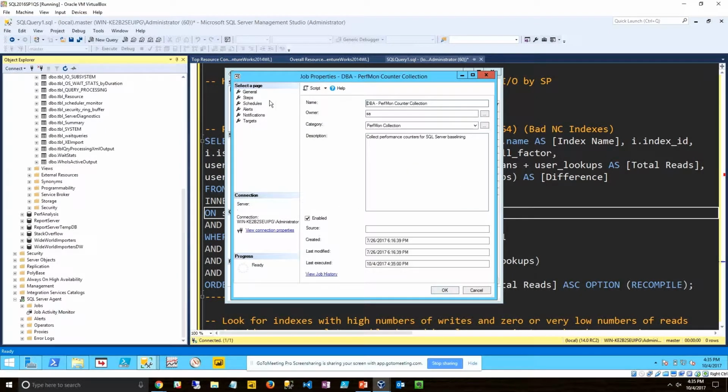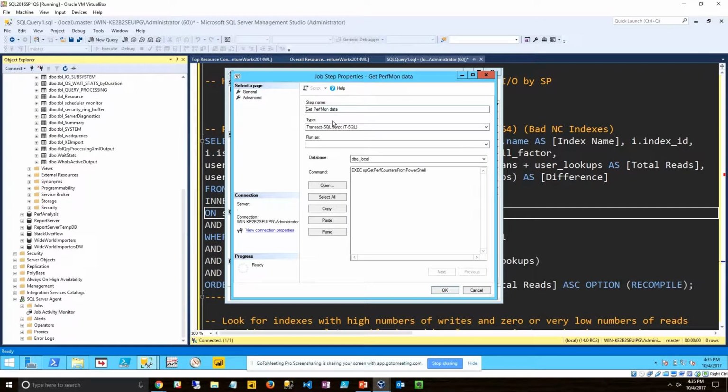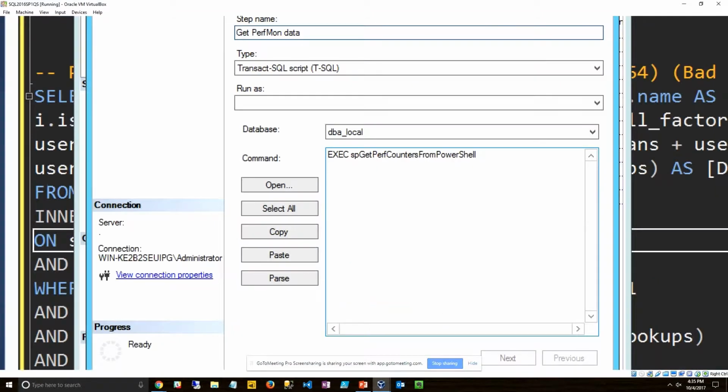The Perfmon Collection sets up a job, and they run it every 5 minutes. Now, it runs PowerShell, but it actually runs a stored procedure. Don't ask me why they did it that way, but that's how they do it. They run a PowerShell script from within a stored procedure to collect your Perfmon data for you. A little weird, but